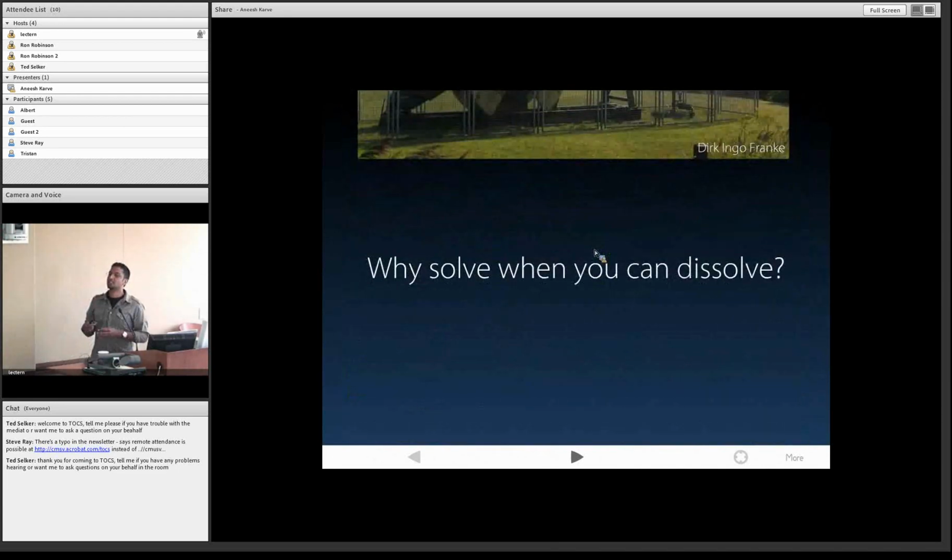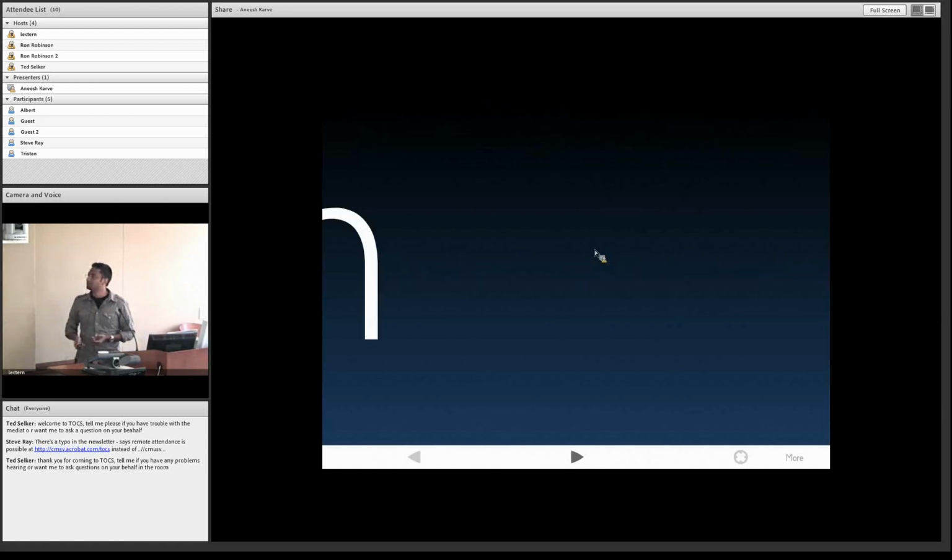And the idea here is that we have a mindset. Maslow put it this way: he said if all you have is a hammer, you tend to regard everything as a nail. And so as engineers and designers, we have a problem-solving mentality, but there are times when instead of solving the problem, we can dissolve the problem by changing the form-context boundary.